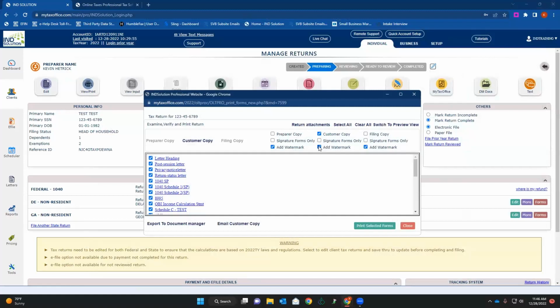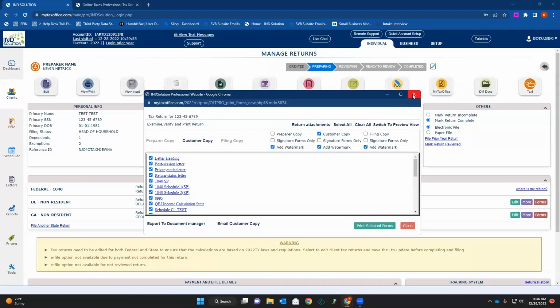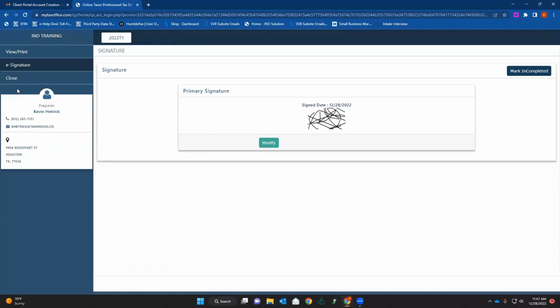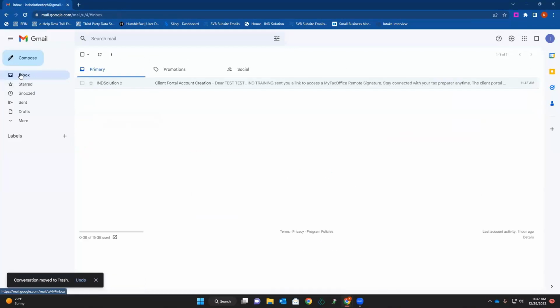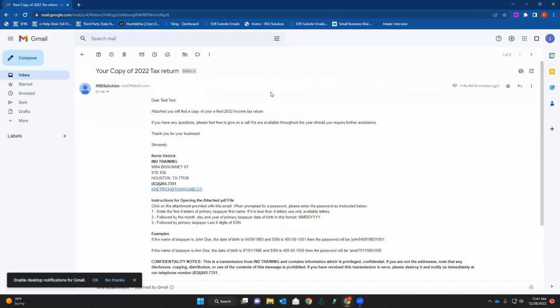Now, when we email a copy of the return to the customer, we select customer copy, and then we click email customer copy. It's going to come up with an email address. And I'm going to show you guys what this looks like. We click send email. And I can close this. Let's see. I'll wait for our copy to come in. There it goes. So you'll see they'll get an email that looks like this that says your copy of your